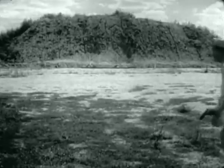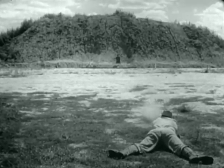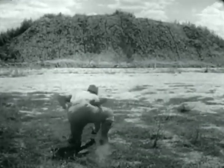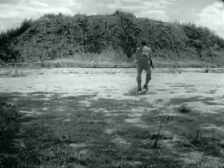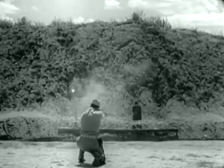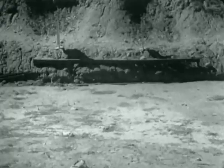As in this demonstration, men learn to shoot quickly and accurately from any one of the three basic firing positions. From the prone position, they learn to score hits on a pair of bobbing targets at over 50 yards. Moving up to 25 yards and assuming the kneeling position, they'll be able to do the same thing. In combat firing, a two-shot burst gives a dispersion of 6 to 8 inches on the target, assuring at least